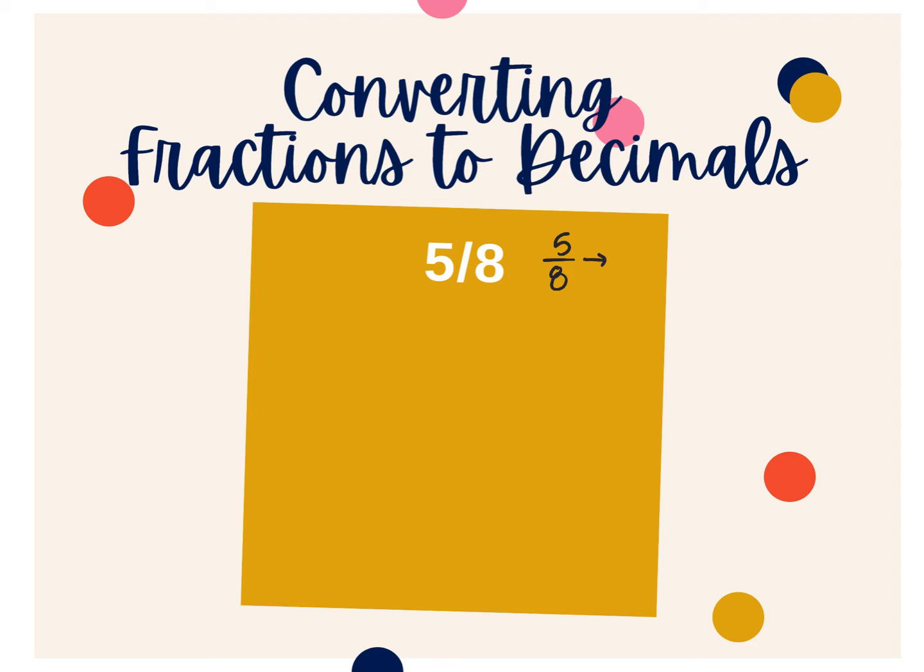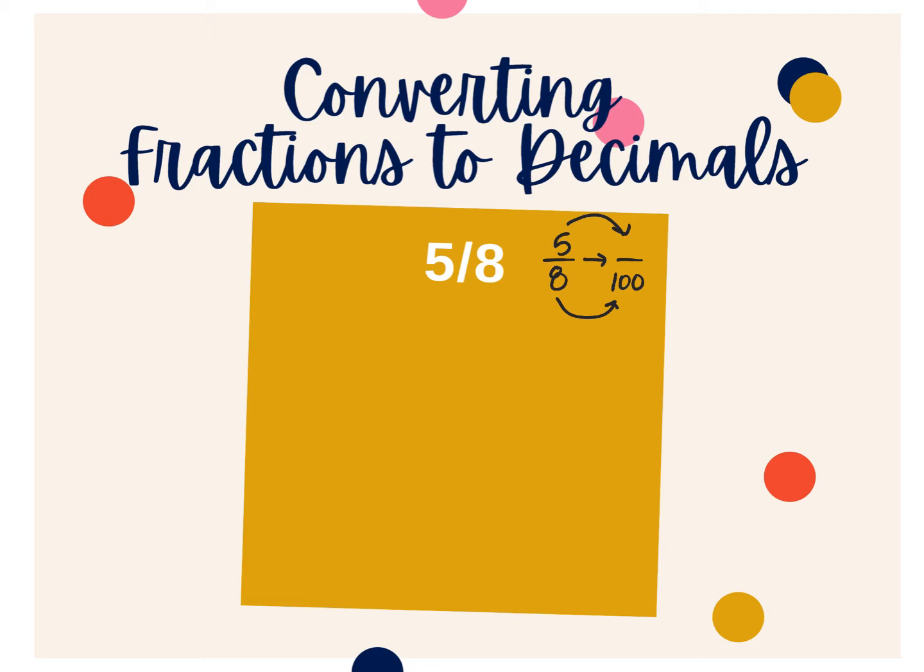We can try and make that denominator into 100. And there is something you could multiply by to get the denominator to become 100, in which case we would multiply the numerator by that same value. For the purposes of this video, I want to talk about long division because that is a tougher strategy for